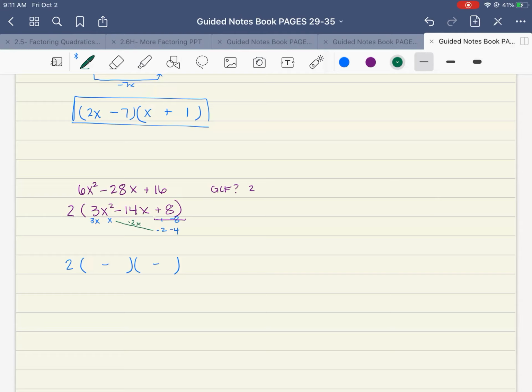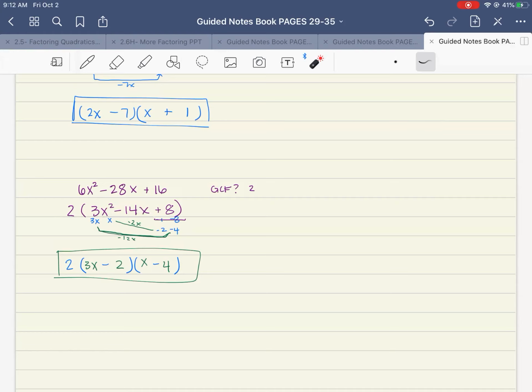So we try here, and we do x times negative 2 is negative 2x. 3x times negative 4 is negative 12x. Notice there, if I combine those two, negative 2x and negative 12x, that works. That gives me that negative 14. So again, as I put these in here, the 3x, I wanted it to multiply over to the negative 4, so they have to be on the outside together. Then the x is going to multiply by the negative 2, so they go on the inside together,